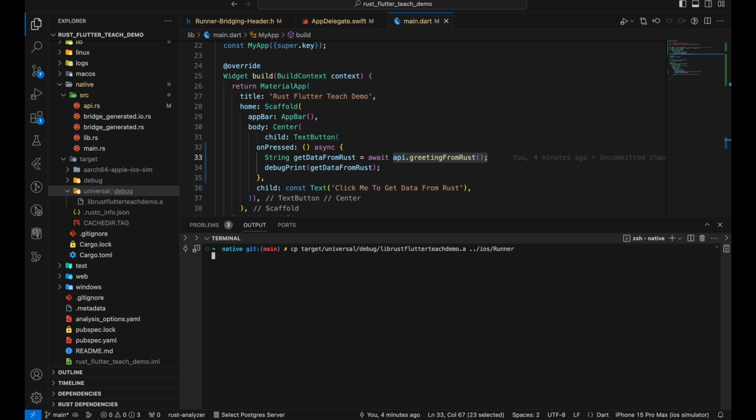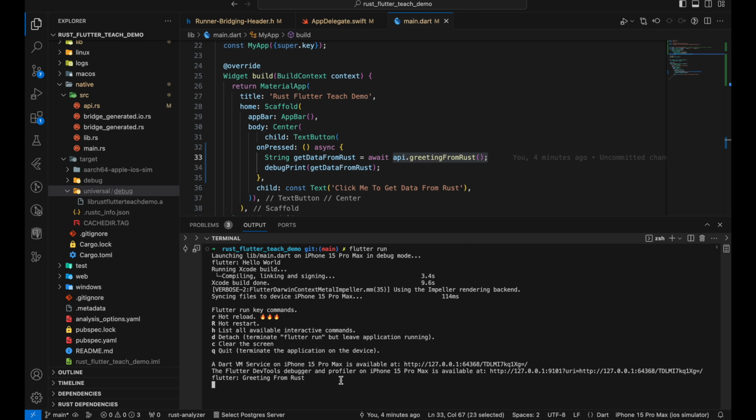Yep. So I showed you how to set up in iOS, how to use the static build in Xcode, and then how the different architectures relate to the iOS simulator and the real device. Yeah, so that's all for the tutorial. Maybe tomorrow I will show you how to set up in macOS with the help of Cargo Xcode. Today we used the help of Cargo Lipo. Yeah, thank you everyone.